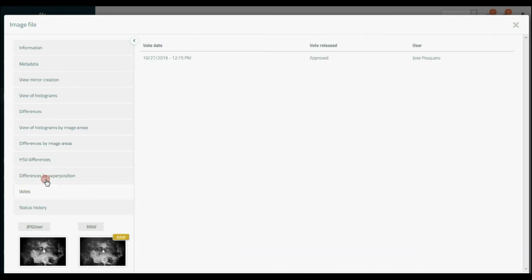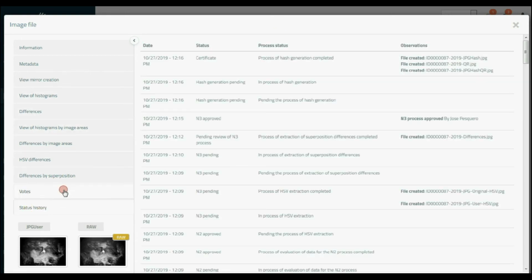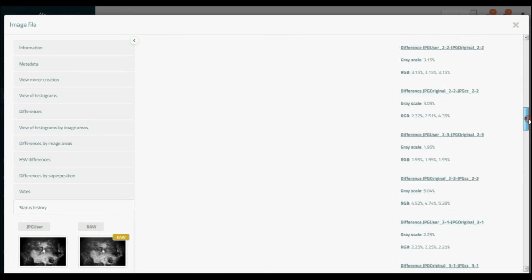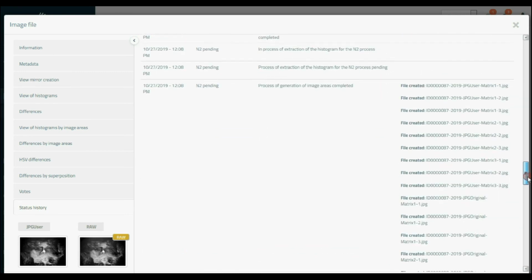Finally, information is shown on the approval or rejection actions of the certification request, issued by the controllers in charge of the review. And to conclude, the complete records of all procedures can be observed with details of the history of the automatic and visual processes carried out on this